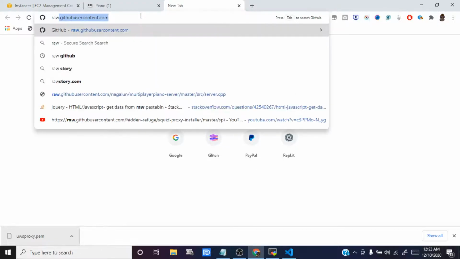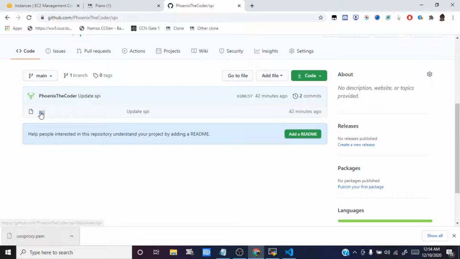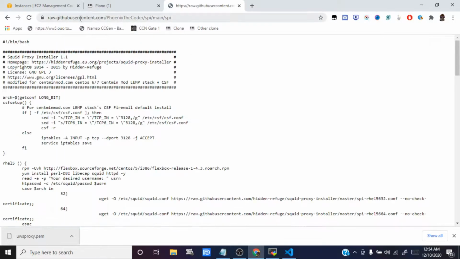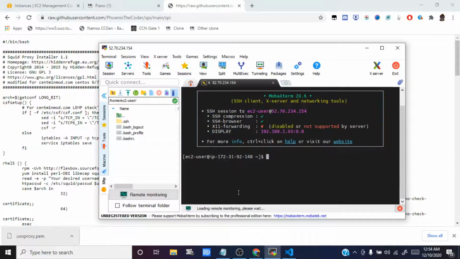So we're here at Phoenix Decoder SPI. We're going to click on the SPI file, and we're going to click raw, and you're going to copy this link right here, and paste it into the console. But first, before we do that, we're going to do